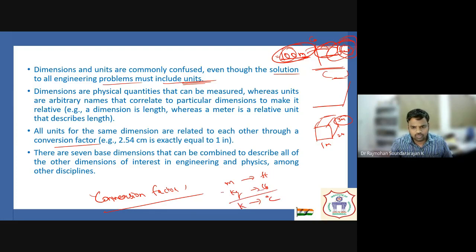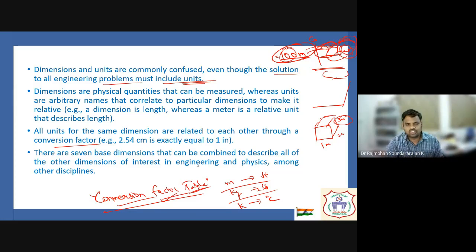So how will we be doing that? That conversion factor is used. So first we should go through all the conversion factor tables, and we should be able to learn them by heart. Okay, so to start with, there are some different types of units, right?